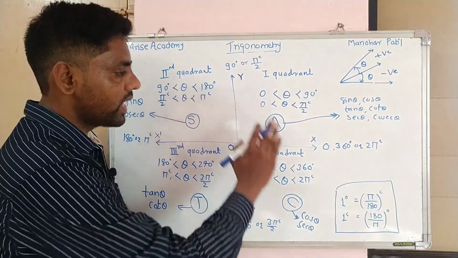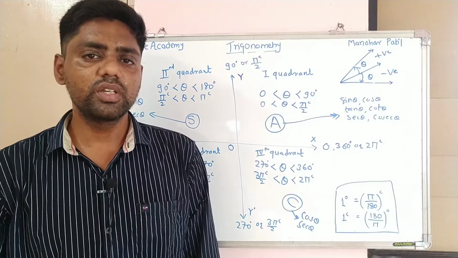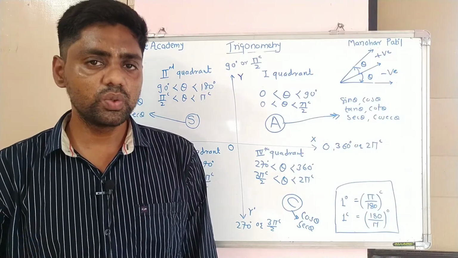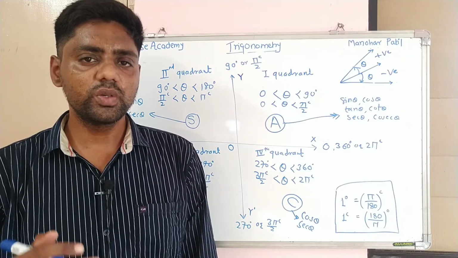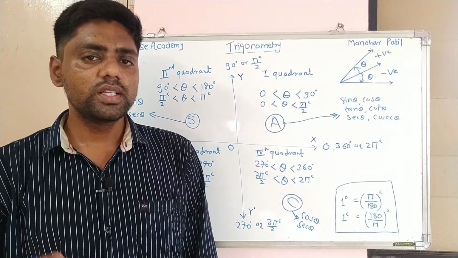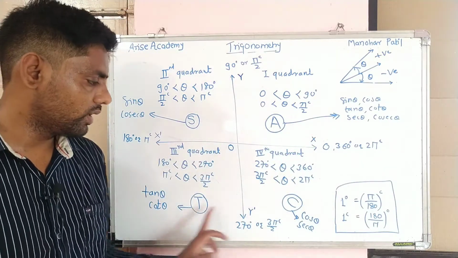In such a way you can remember how to represent an angle in the quadrant system, and you can understand which ratio is positive in which quadrant by remembering just one sentence, that is, all students take